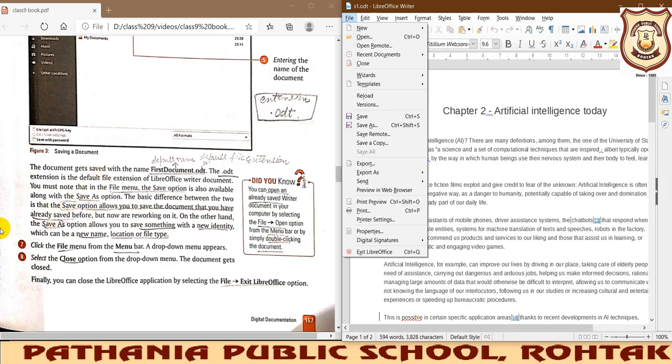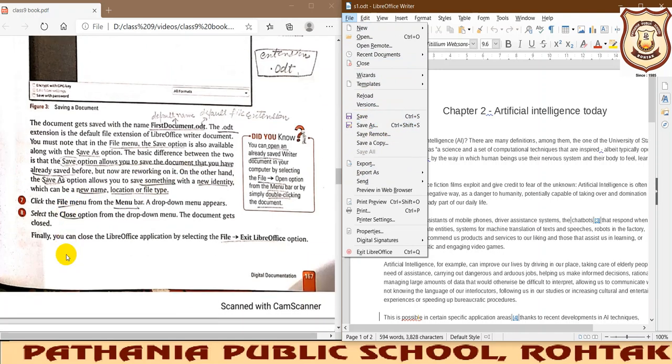Or when you are saving for the first time, you also use Save. But if you want to save the document with a different name, a new identity, or change the name and location of the file, you go with the Save As option.